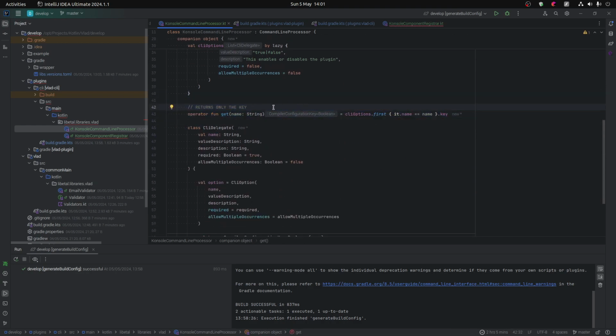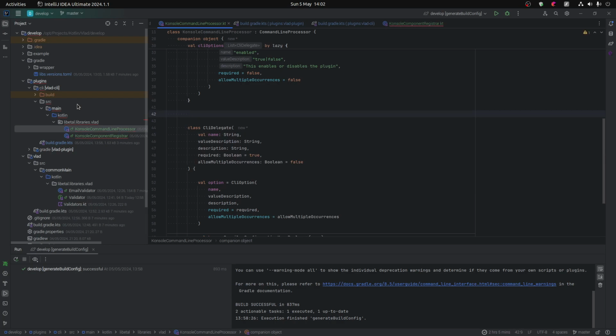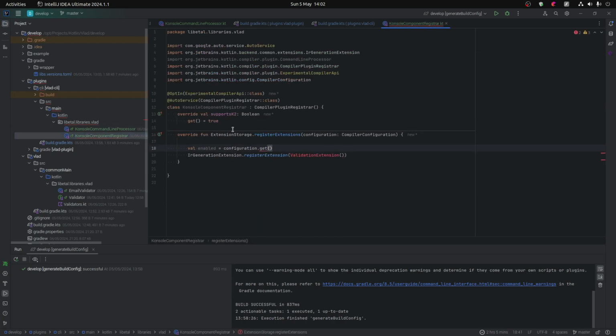Do we need anything else? I feel like I don't want to do this. Let's do something else. Let's do delegation. Okay, let's do delegation. Oh, the delegation is going to be too nasty. No, it's not. Yeah, so we want this one to be a string, enable to be a string, so